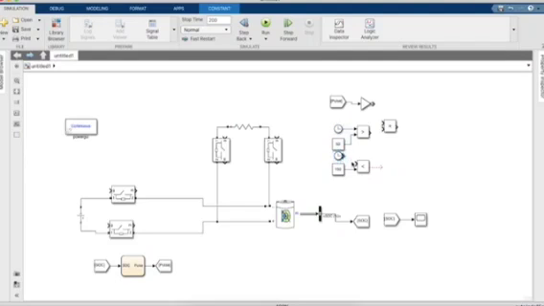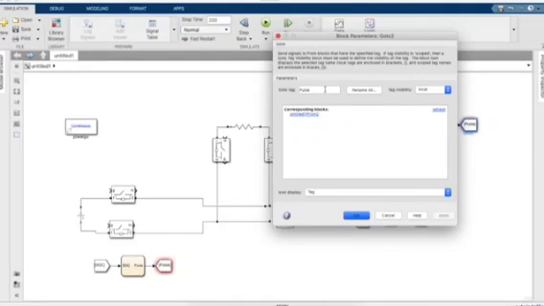So let's go to the signal. Let's call it discharge. This is known as discharge.